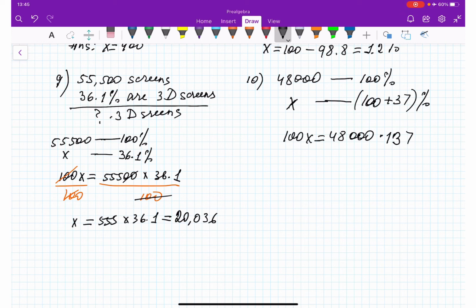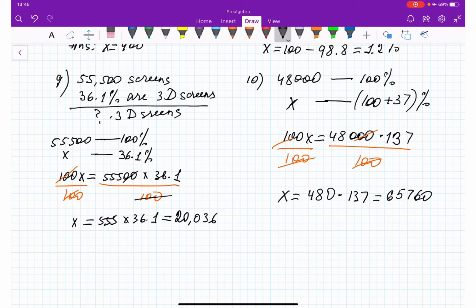Okay, so we need to divide by 100 here, dividing by 100 here, this is gone, 2 zeros here, 2 zeros here, and x is equal to 480 times 137, and this is going to be equal to 65,760. Okay,